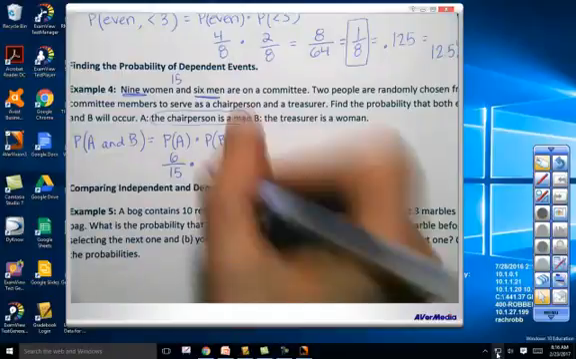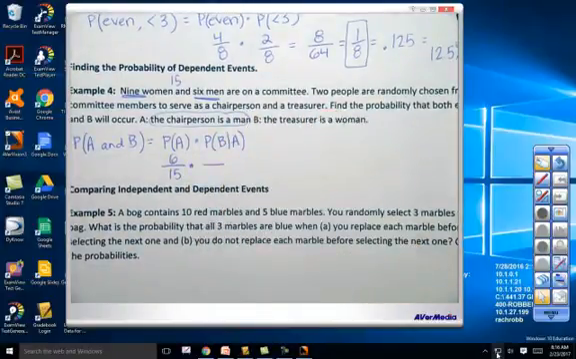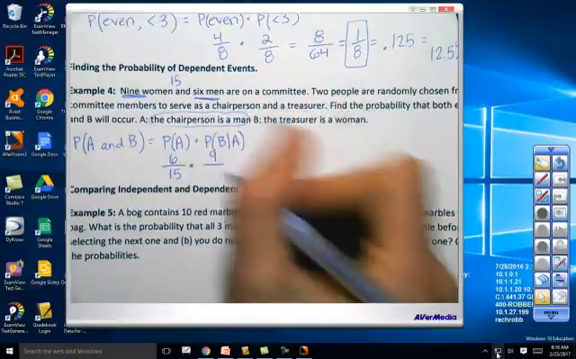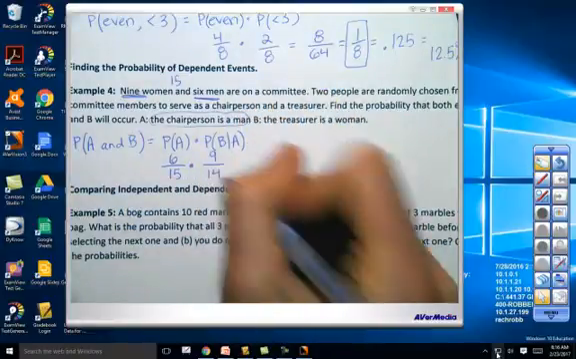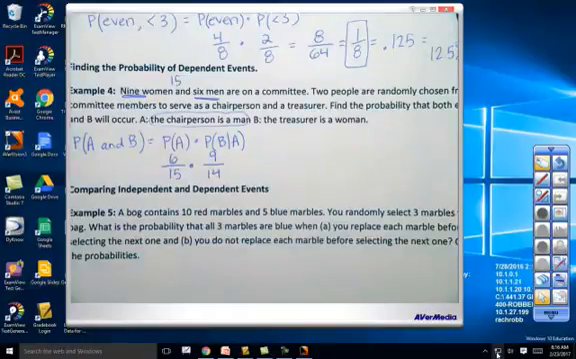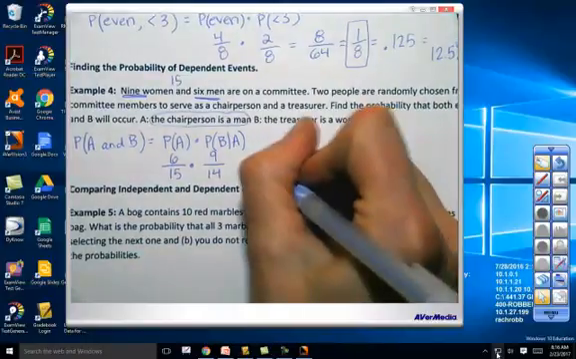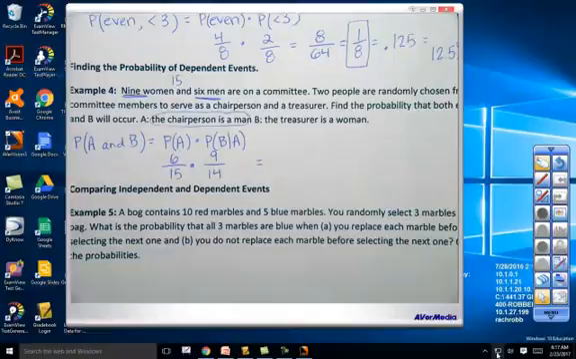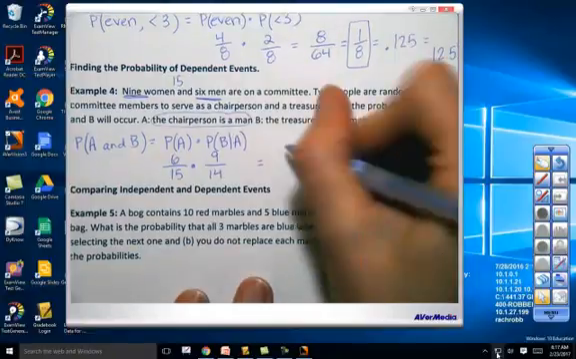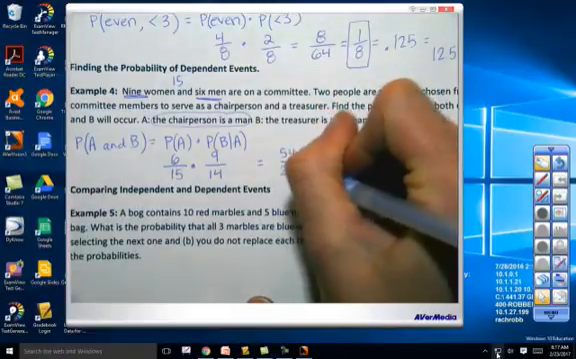Now, if we assume the man has been chosen, that's what this means. Now, what's the chance that we choose a woman next? Tori? 9 out of 14. There's still 9 women because we're assuming we chose a man the first time. So now we have 9 women, but there's only 14 possible people left. And then we can calculate that probability, 6 times 9 over 15 times 14. So we get 54 over 210,